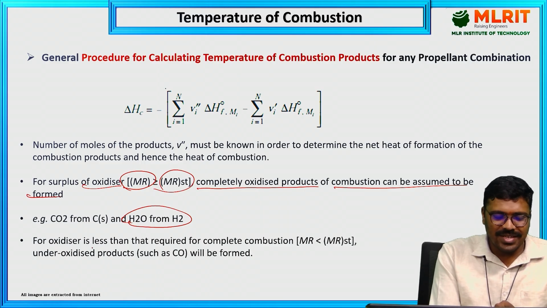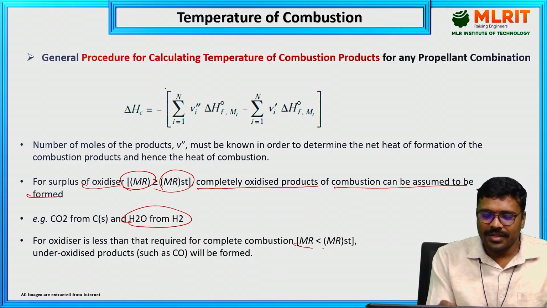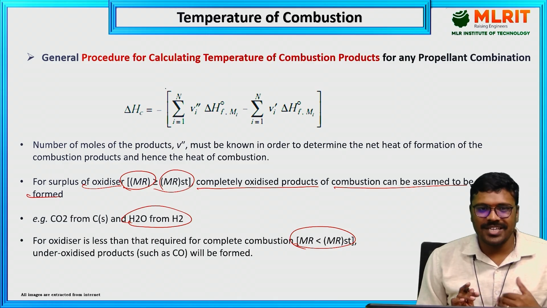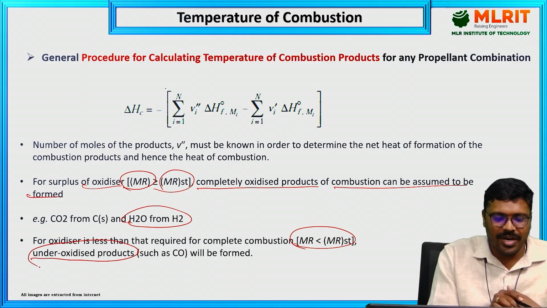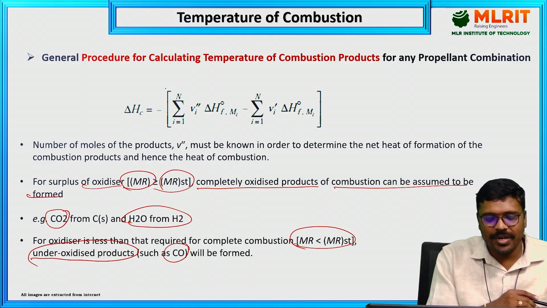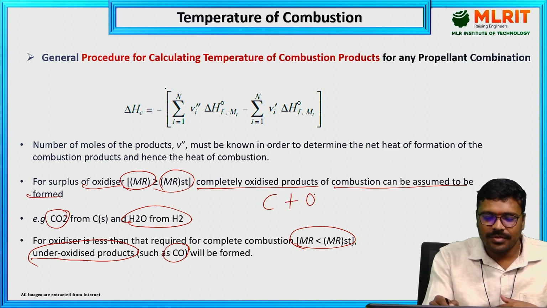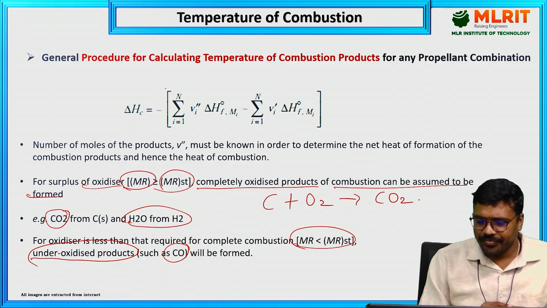If the oxidizer is less than that required for complete combustion, then the mixture ratio is less than the stoichiometric ratio. Oxidizer is less, that means it is called fuel rich. So underoxidized products will form. Like instead of CO2 formation, sometimes carbon monoxide will form. Carbon plus O2 has to give CO2. But